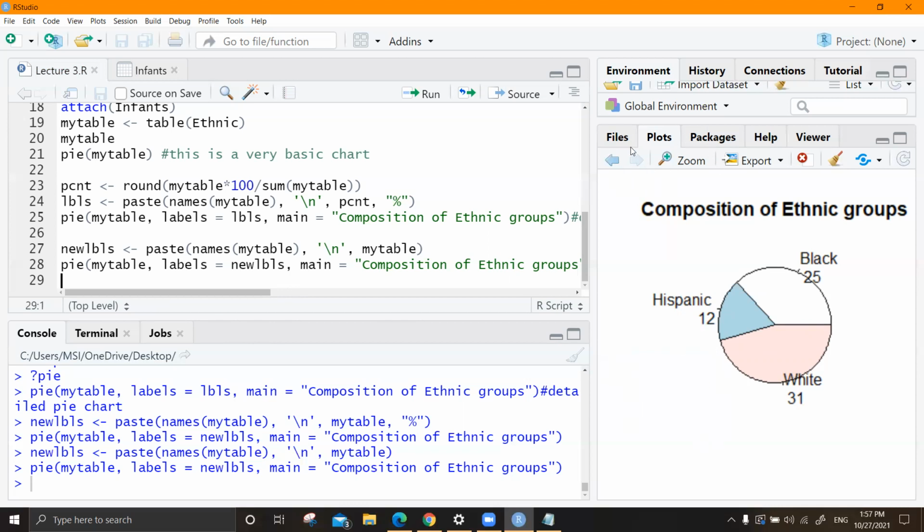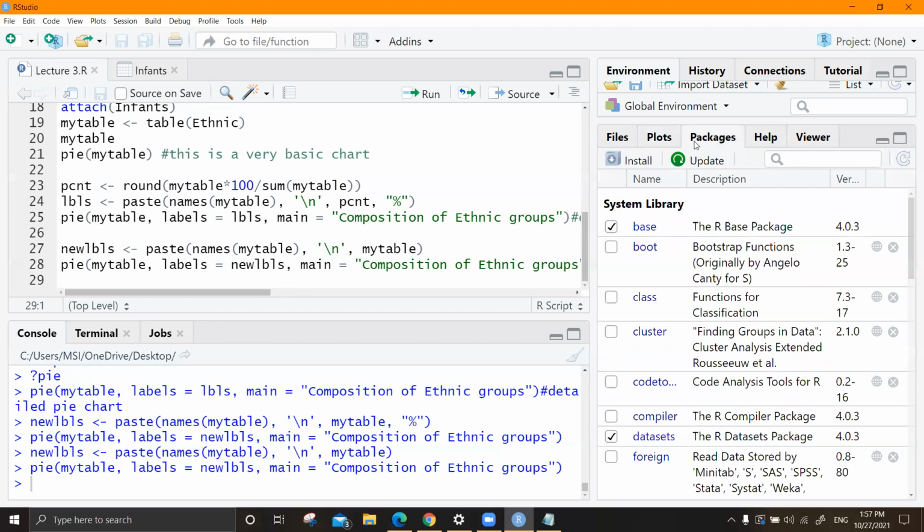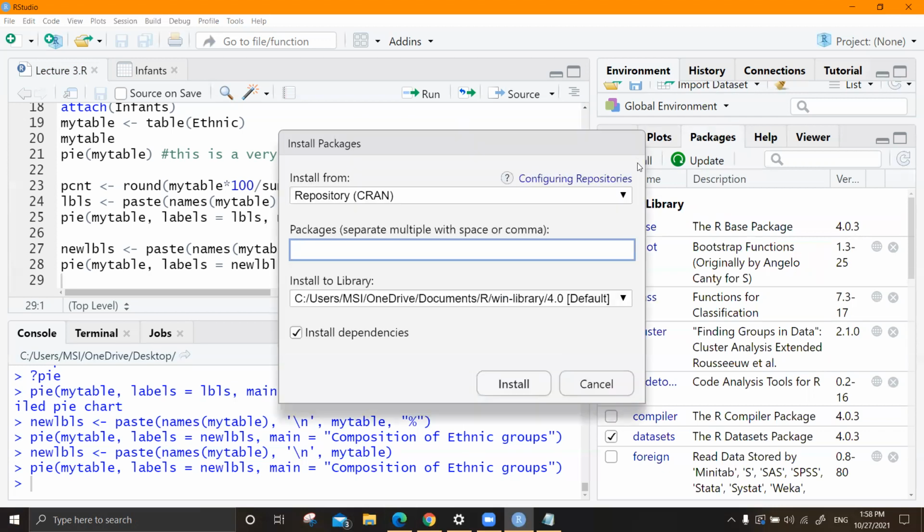This is how you basically install a package. You go to packages, just click on install. Or you have to write install.packages within brackets and within inverted commas, you have to give the package name. The easiest way is this, it is menu driven. This has made our life very easy. So you don't have to keep on typing the codes, but you have to know how to install a package. Just go to this packages option, click on install.